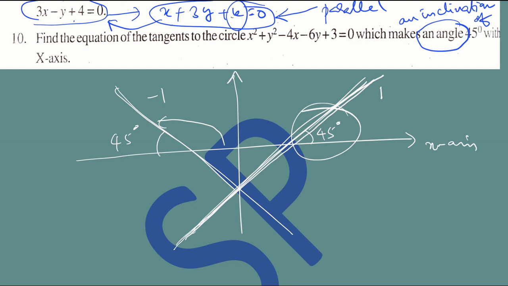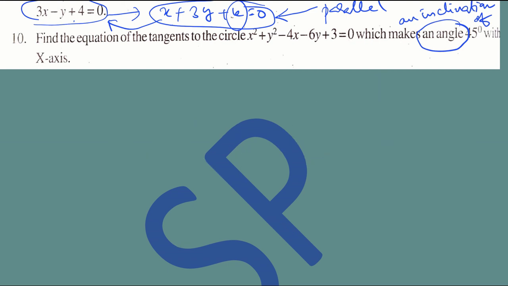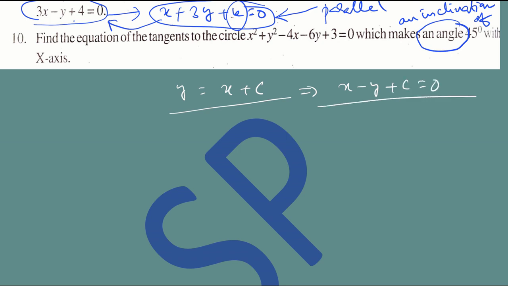Now coming to the problem, with inclination as 45 we get slope as 1. Therefore y equal to mx plus c, m is 1, so y equals x plus c. This is how your tangent is. Or it is nothing but x minus y plus c is equal to 0. So you are looking for equations of tangents to this circle which are in this form. All that you have to do is to find the value of c. You know how to find it. It is like the above problem only. Simply apply distance from center to the line is equal to radius. You get the c value. Okay. Let's move on to the next problem.